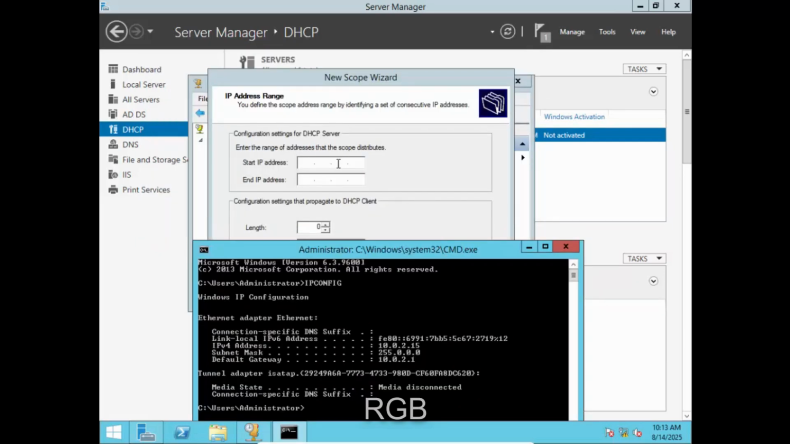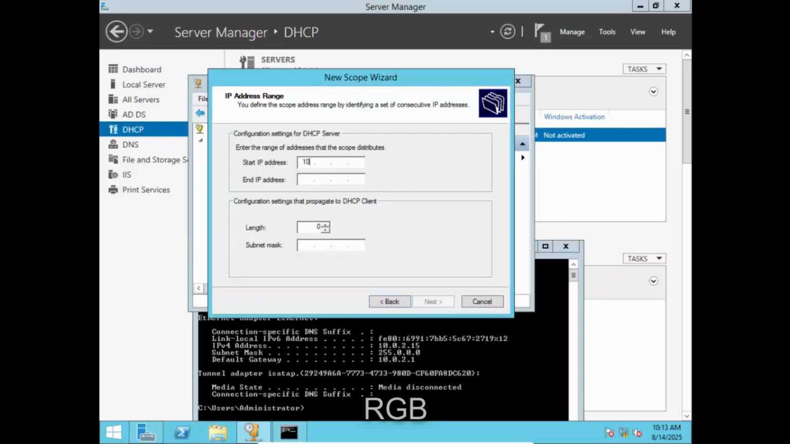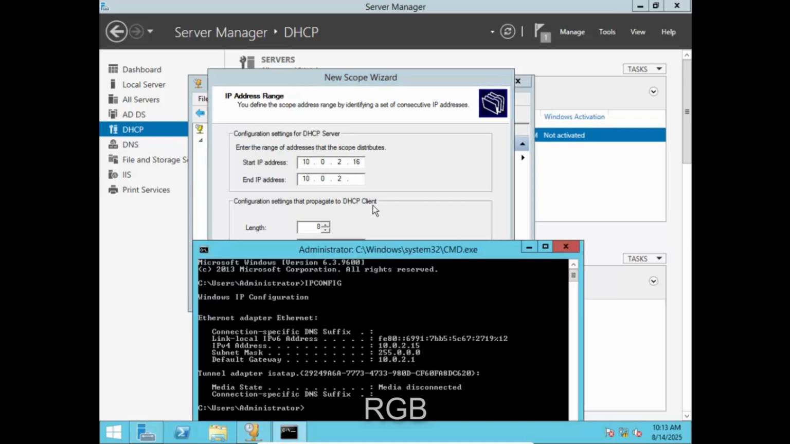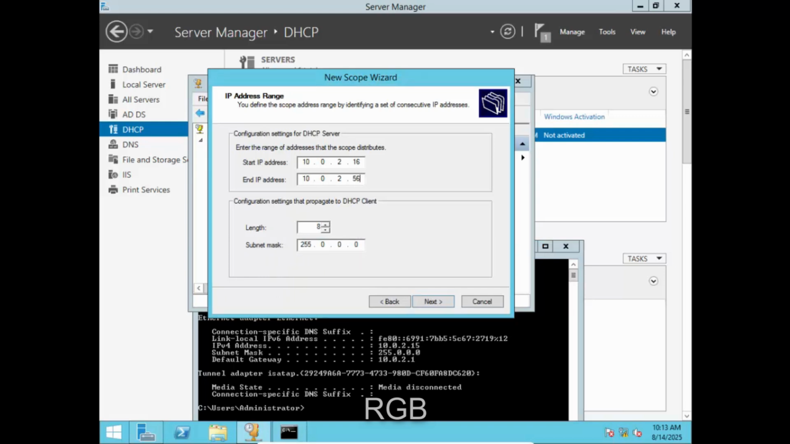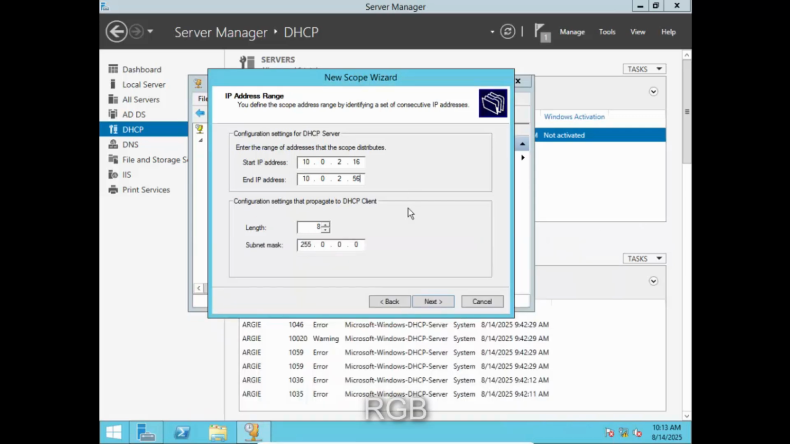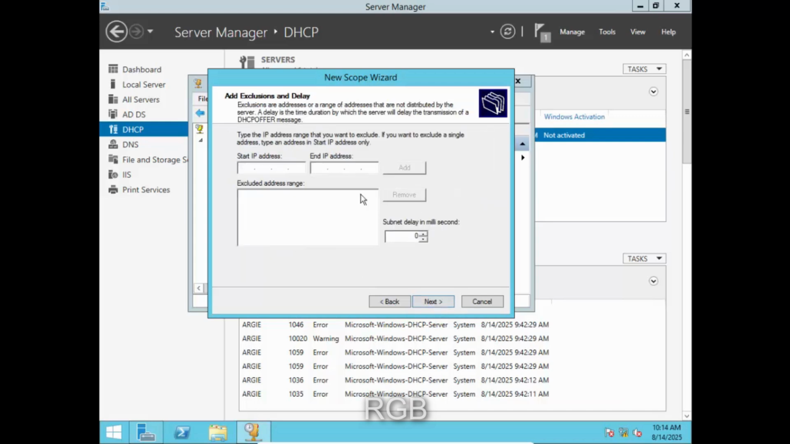So for example, you have 10.0.2.15, you just add 1, or the IP address of your server should not be included. Again, do not include the IP address of your server. So say for example, I will begin with 10.0.2.16. So I'll start with 16 since my IP address is 15. So for example, I am going to add at least 50 IP address for this DHCP server. So I will add 56. So again, do not include the server IP. So in my example, I have 50 IP addresses. So next,